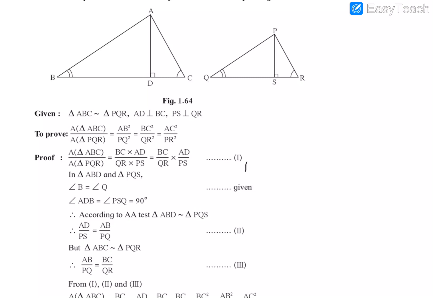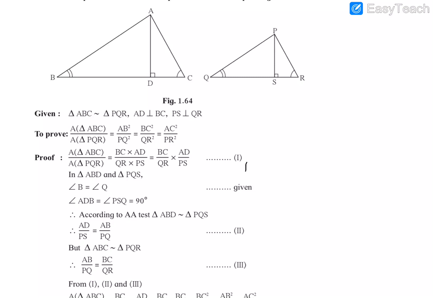When two triangles are similar, the ratio of their corresponding sides will be equal. So we are taking the sides AD and AB. These two sides of the triangle, the ratio of these first two sides, we are taking. AD and the corresponding side of AD in the second triangle is PS. So AD by PS equal to AB by PQ, since both these triangles ABD and PQS are similar. So the second condition we write here, AD by PS is equal to AB by PQ. We mark it as 2.